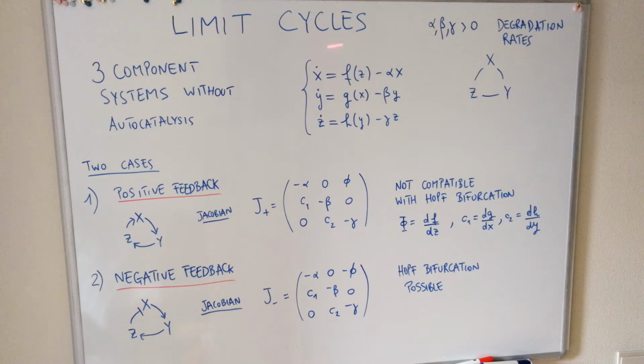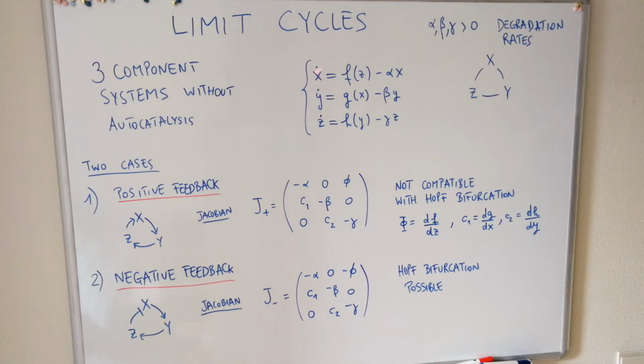So now we are ready to step to three-component systems, and we are actually looking at three-component systems without autocatalysis. For two-component systems, we saw that a necessary condition for Hopf bifurcation is to have autocatalysis. In this case, we just work without autocatalysis. And we are looking at the system of three variables, x, y, and z, coupled in the following way. X is coupled to y, y is coupled to z, and z back to x. So there is a loop here, and this is